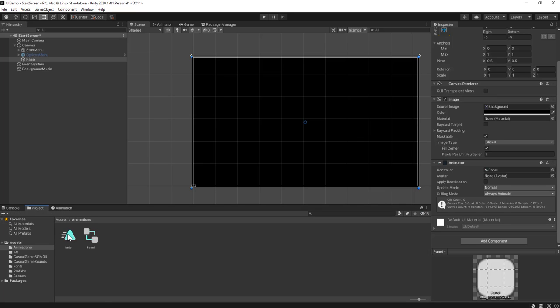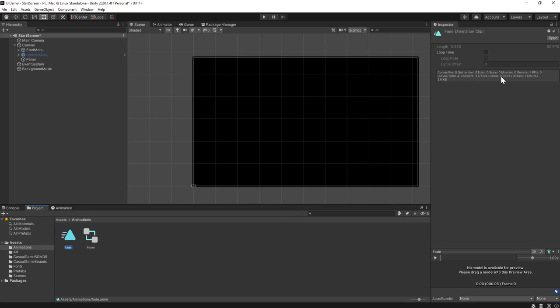Now if I go back to my project, I do want to make sure that this is not looping. I only want it to play once. So with the animation selected, just double check and make sure it only plays once. And now if I hit play,